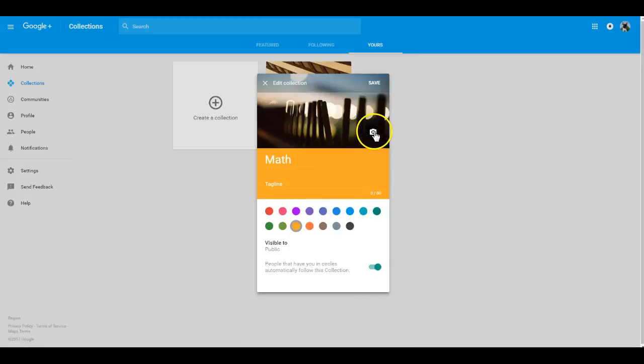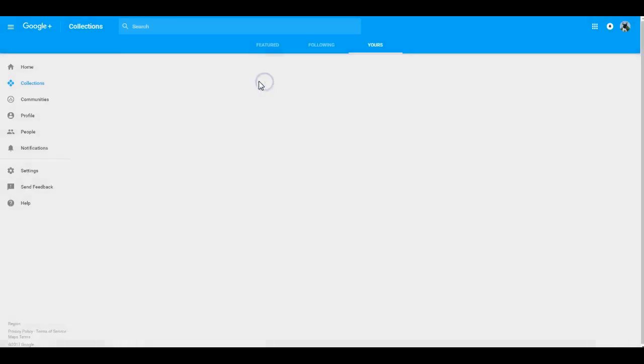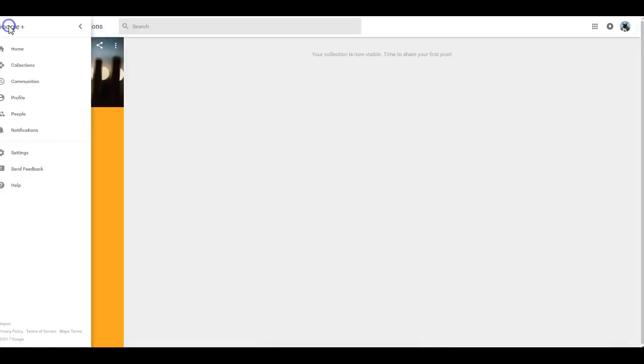I can change the image if I want to. I can change the color. And again, I could always come back and edit this if I needed to. I could also make this so only I see this and not the people that follow me in this collection as well. So I'm just going to close that one for now. Come back to my